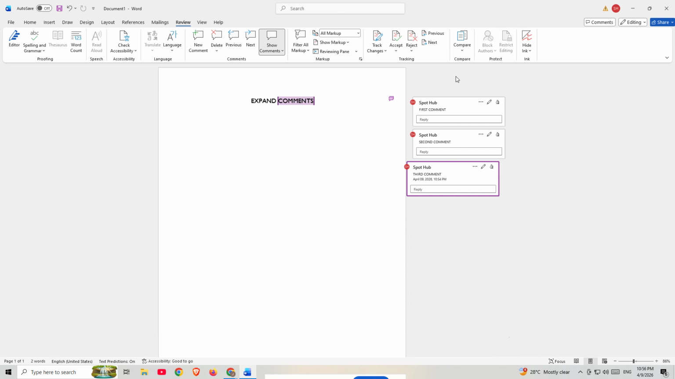This is especially useful if you're working on longer documents, shared reports, essays, contracts, or any file with a lot of reviewer notes. Instead of hunting through the document and expanding each comment manually, this method lets you bring everything into view much faster. And if you ever want to hide them again, you can usually go back to the Review tab and toggle the comments view off. That gives you full control over when you want to focus on the content and when you want to focus